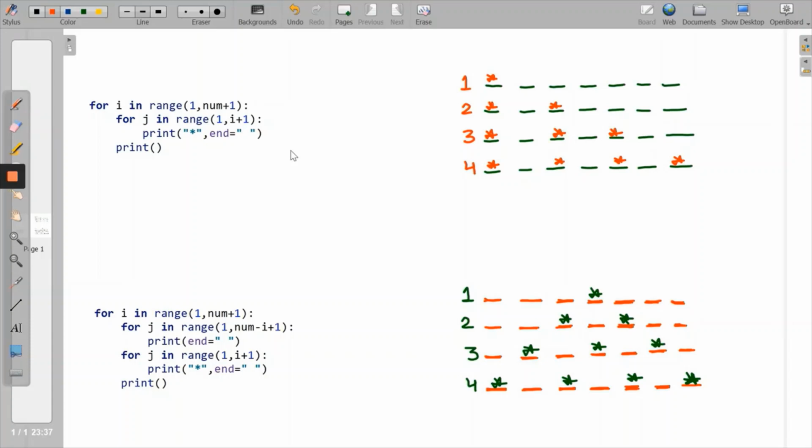As I have shown you, we have written this for rows. I has been defined as rows and J is defined as column. And we got 1 to num plus 1 and here 1 to i plus 1. So we got the same with spaces between these stars. Now what I want is I need to have